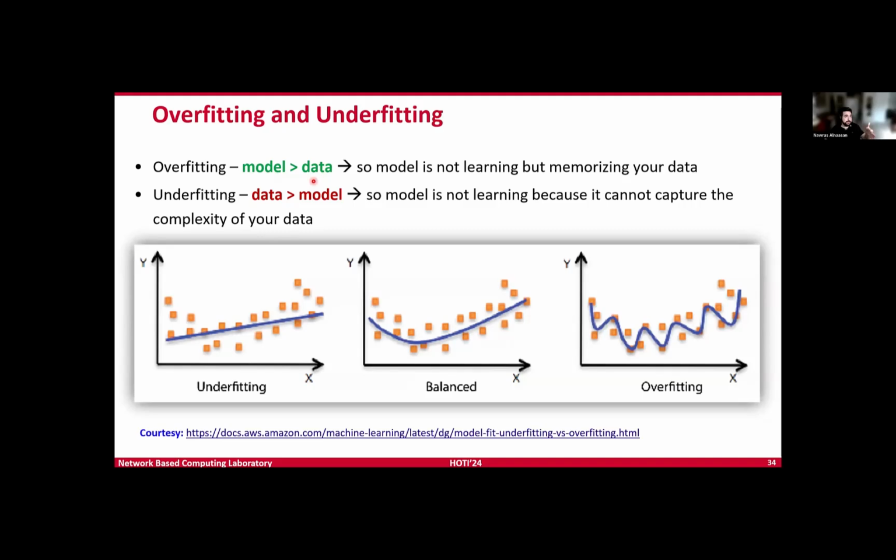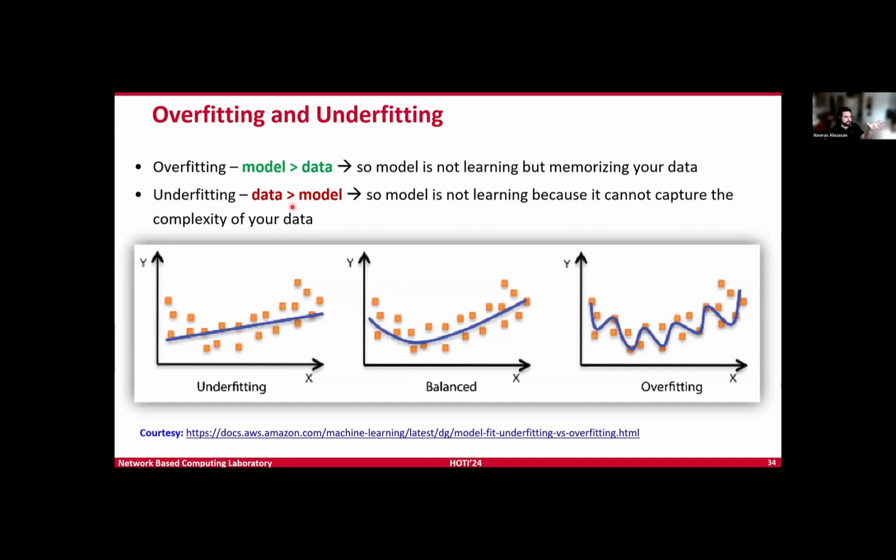So if it sees data from outside this data set, it's not going to be able to classify it or predict it. So this is how overfitting looks like. We have data samples in orange, and then the blue line here is basically the model, what it's learning, and we can see that it is somewhat memorizing this data instead of trying to generalize, which means, okay, if we see new data, we should still be able to give accurate results.